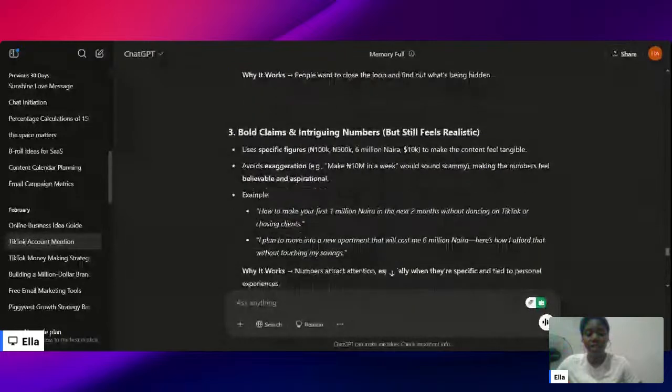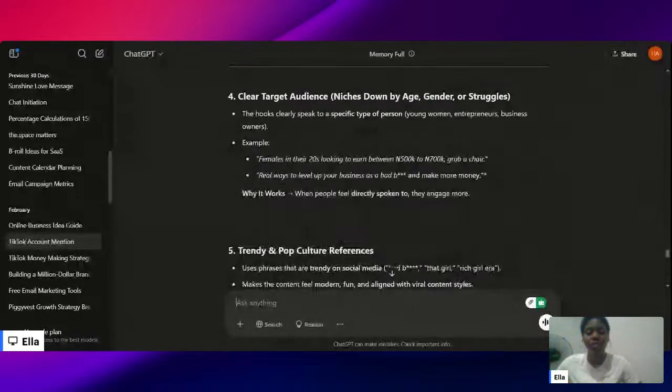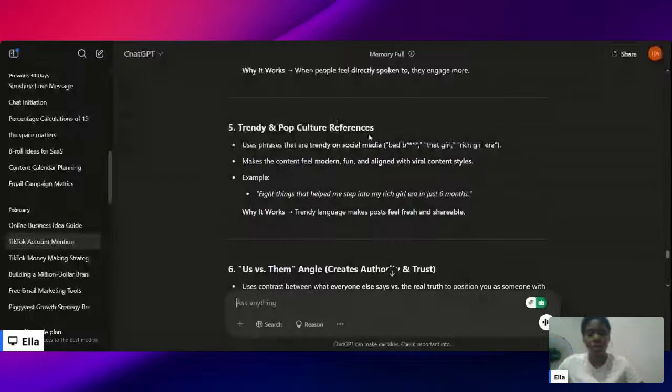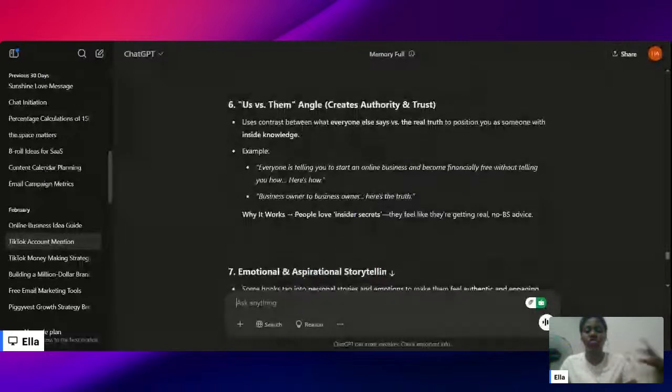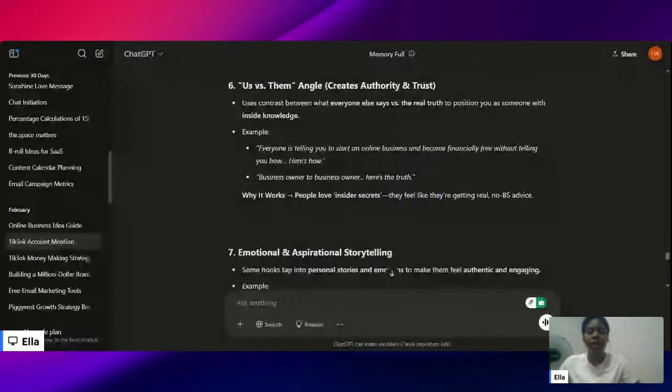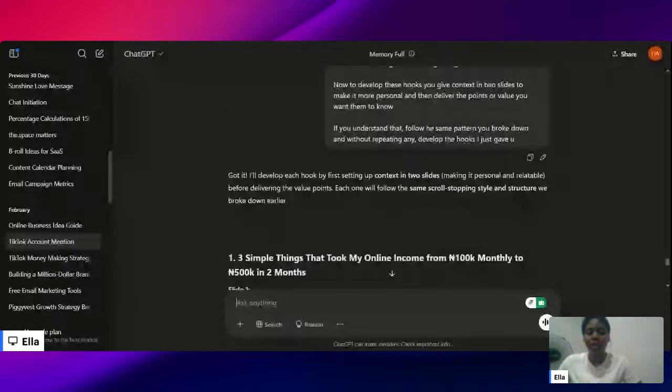conversational and relatable, bold claims, clear target audience. This clear target audience is very important because remember, you need to know who you're talking to. Then trendy and pop culture, because for me, I wanted to talk to young girls, so the bad girls, the rich girl, soft girl, you want to use those trendy pop culture terms, rich girl era, soft girl era. It brought them, and then I said now develop